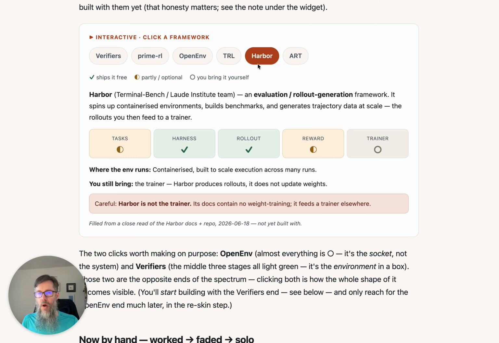Harbor is an interesting one because it's very focused on the harness and the rollout portions. Obviously, you can define your tasks within Harbor, but really what Harbor is dealing with is the orchestration of the rollout and how it runs on a particular harness. It's not at all interested in the training portion. I'm not even sure what their play is for how people use Harbor together with training. But it's a great way to do offline